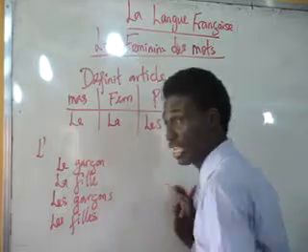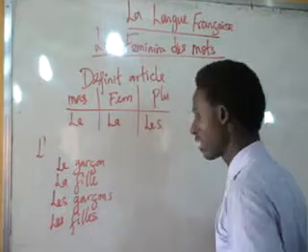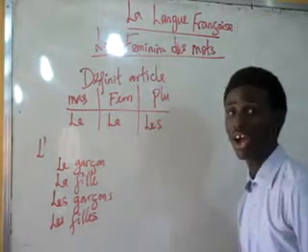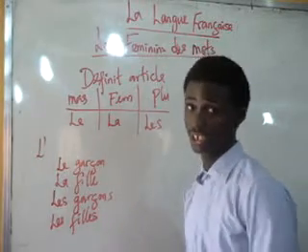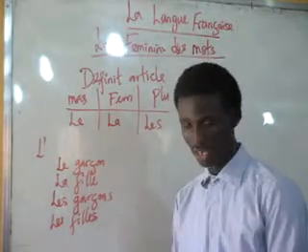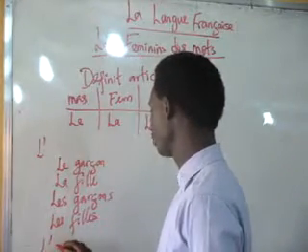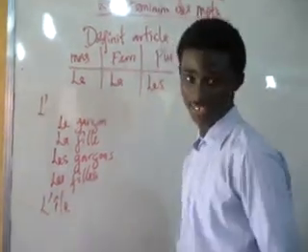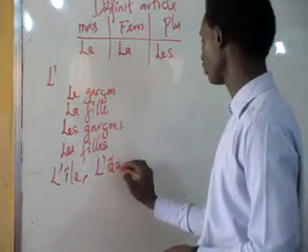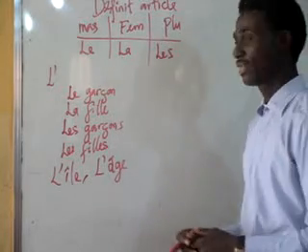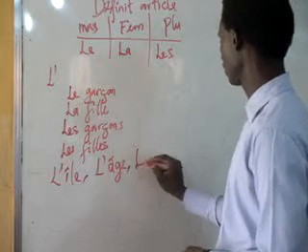And I told you that you can use it either for masculine or for feminine, okay? For example, words that start with what? A vowel sound, okay? And just like in English, you know the vowel sounds, A, E, I, O, U. So you can use it for something like l'île, the island, or you can use it for something like l'âge, the age, okay? Or something like